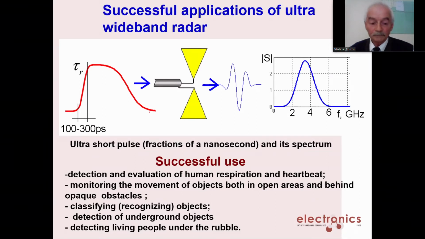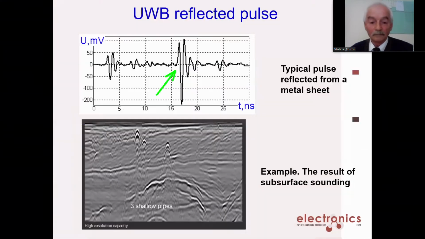To excite an antenna at this frequency, pulses are required with very short front durations. A typical value of the pulse front duration is hundreds of picoseconds. To form such pulses we use a step recovery diode, SRD. Using a step recovery diode made it possible to form a pulse having a big amplitude and a short rise time. In the gigahertz frequency band, it is important to match the line impedance.